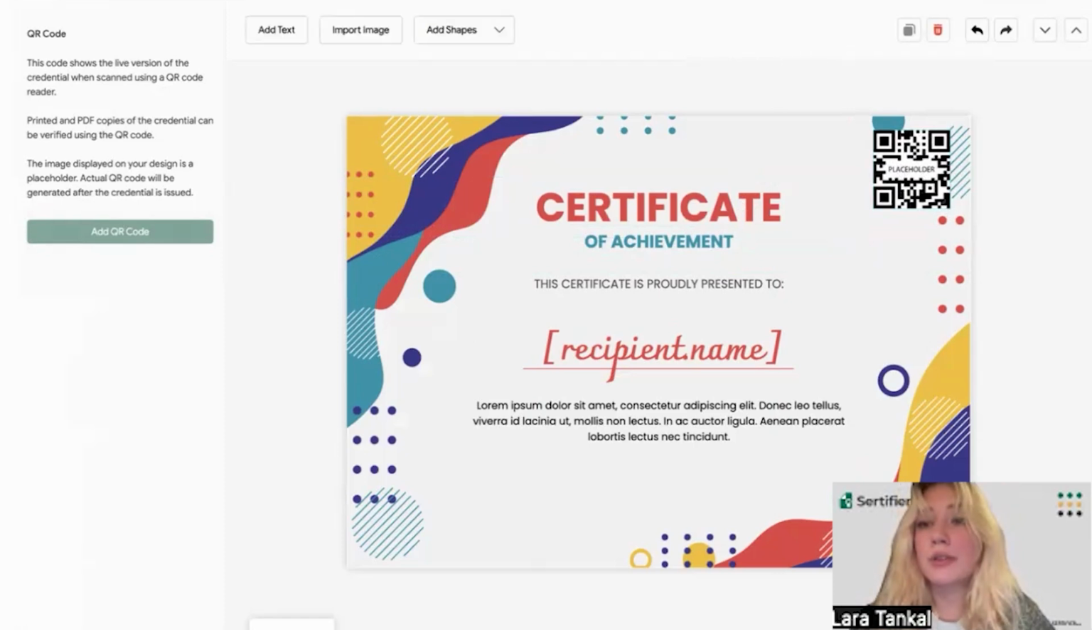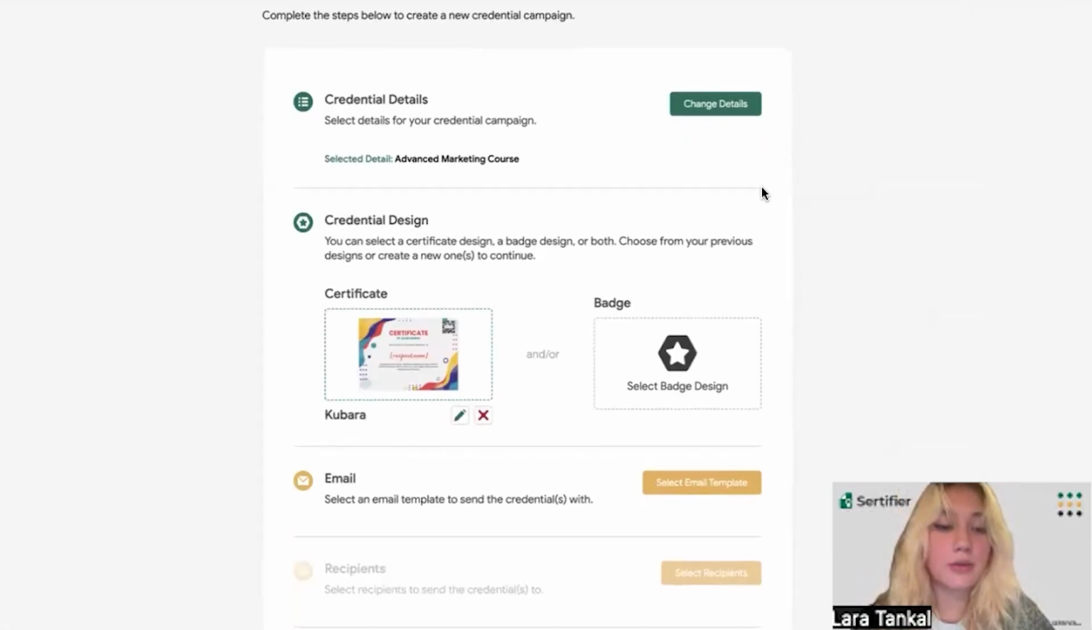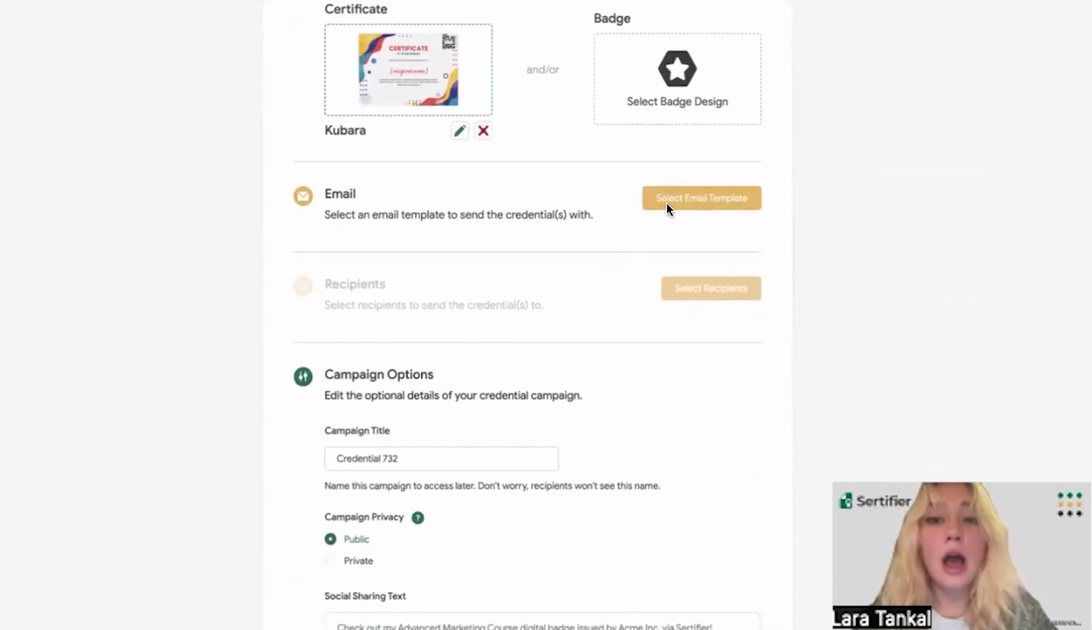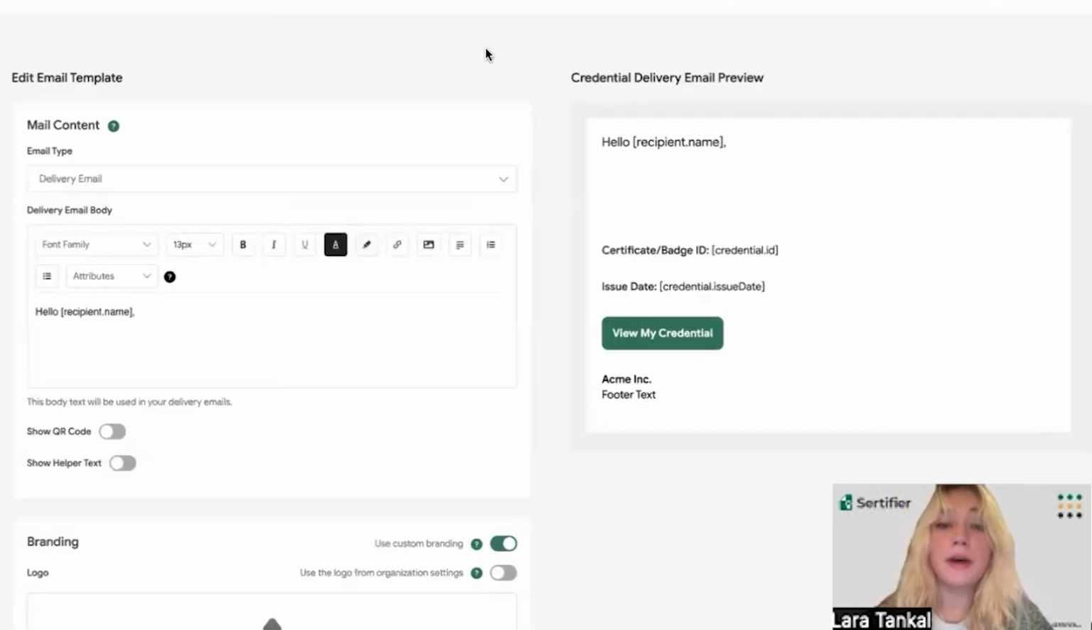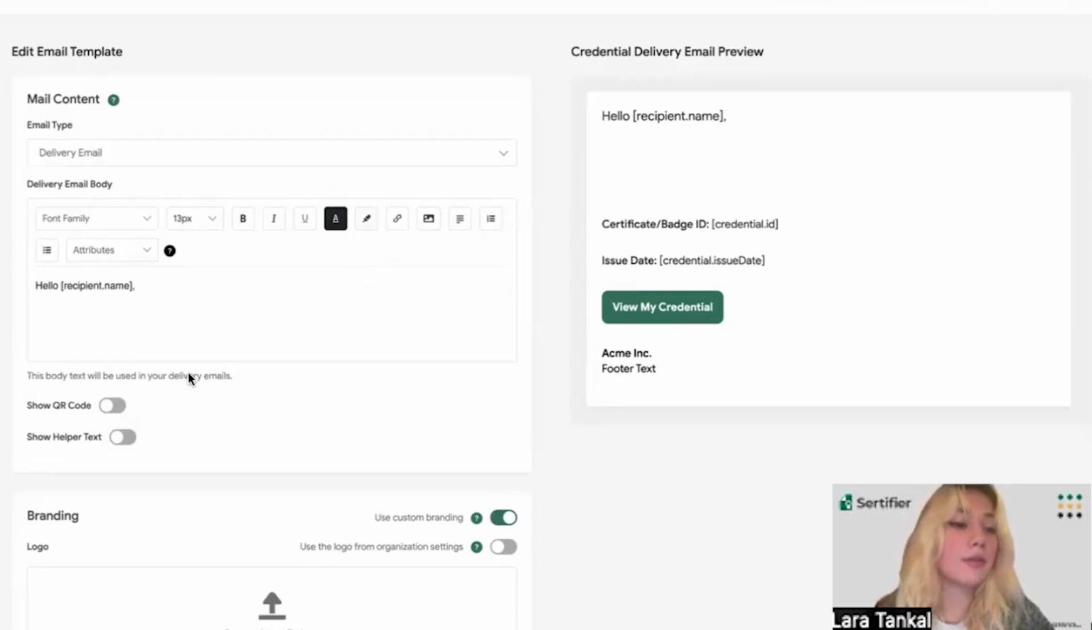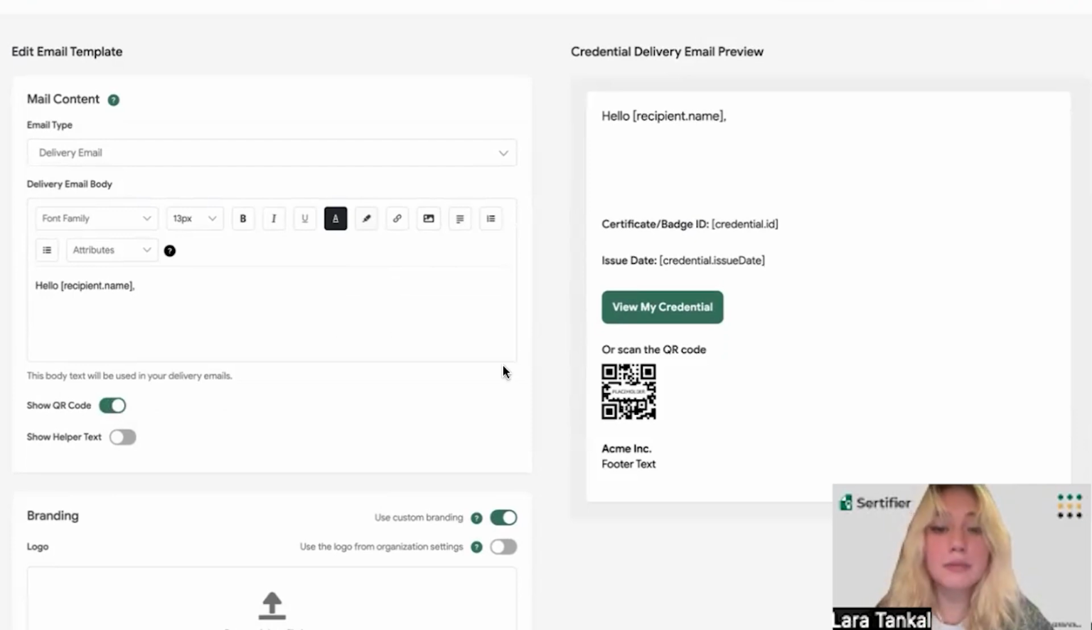And if you are happy with your design, whenever you click Save and Continue, you will be back at the credential campaign page. And the third step is creating an email template. This email will be used to notify your recipients whenever their credentials are issued. You will be able to customize the email body to your liking. You will be able to add a QR code, as I have mentioned before, that will direct your recipients to their respective credential pages. And also another